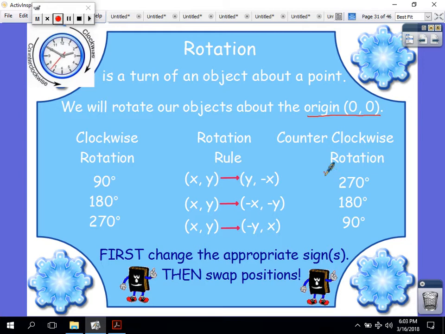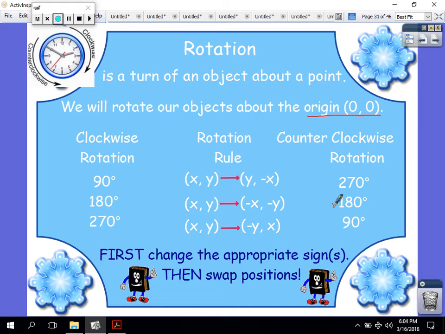All right, 180 degrees is completely turning around. So it's like going from 12 o'clock to 6 o'clock. All right, and that one's the easiest one. For our x and y values, they become opposite x and opposite y. You change both values to their opposites and then you don't have to do any switching. And if you go 180 degrees clockwise, it is the same thing as going 180 degrees counterclockwise. You end up in the same position. If you turn all the way around to the left and you turn all the way around to the right,